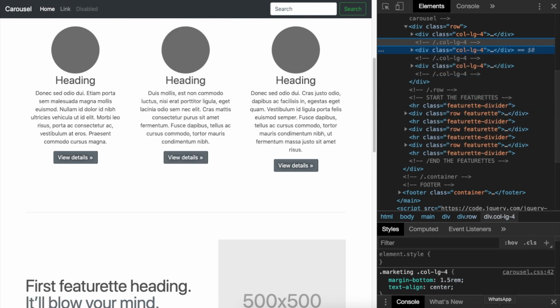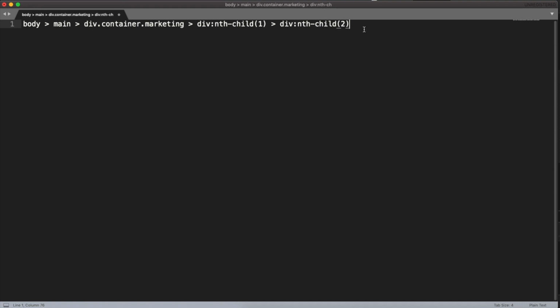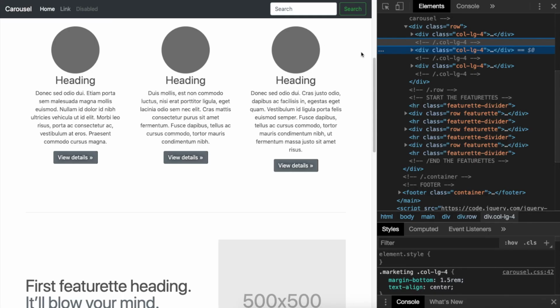So I copied the selector. I'm going to open my code editor here. And since this element didn't have any specific ID or class, what the inspector did was find a logical hierarchy for this element to be targeted. So this is quite useful because it gives you a specific element selector, and you can just paste it in your CSS and start styling your element. Let's go back,